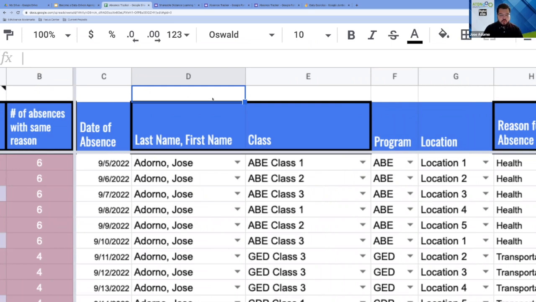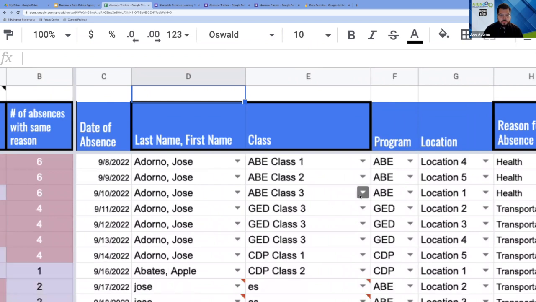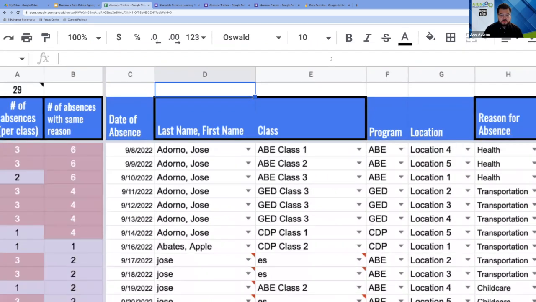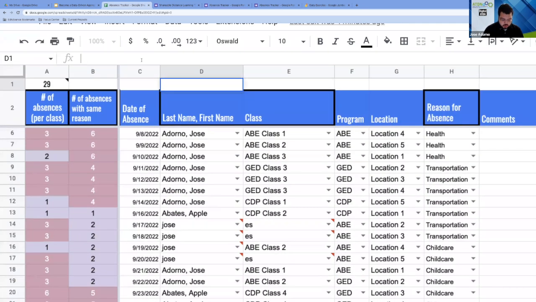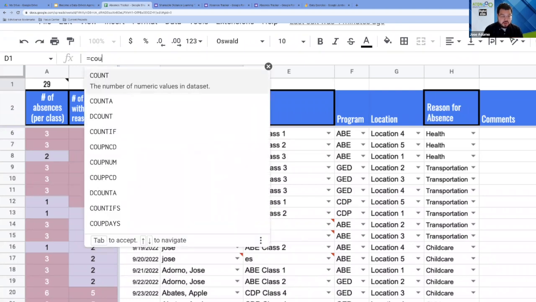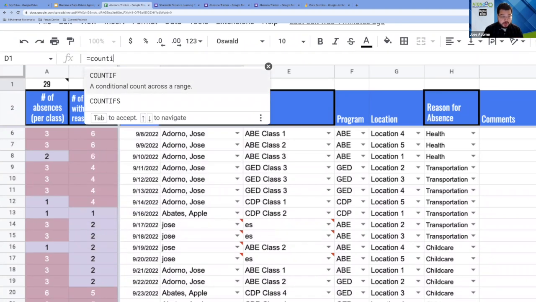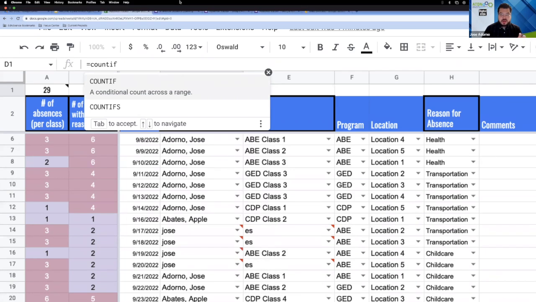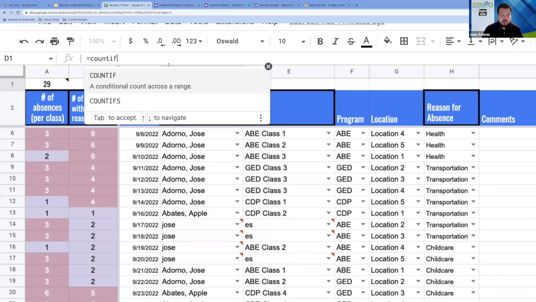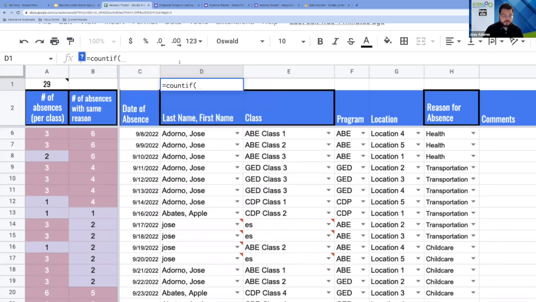I go here, I do an equal sign, and I put in countif. This is the formula that I'm trying to use. Google does a very good job of hinting how to do it. So if I do countif and open parentheses,